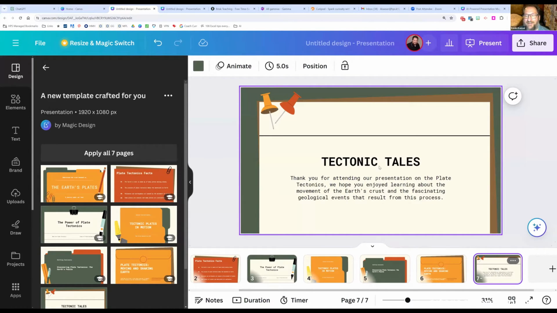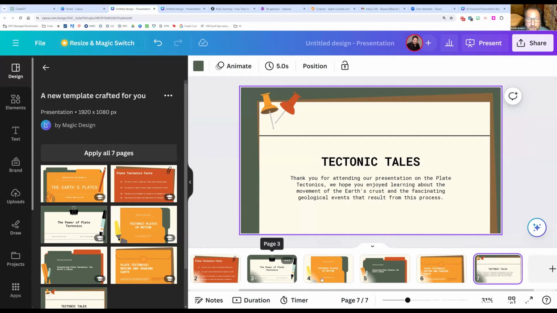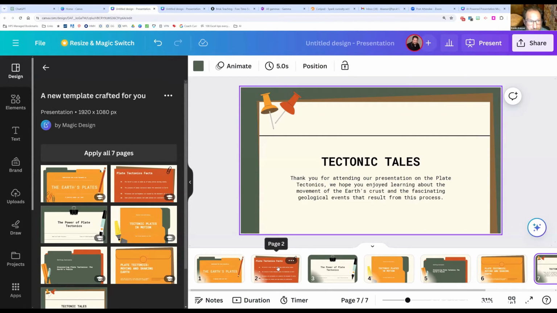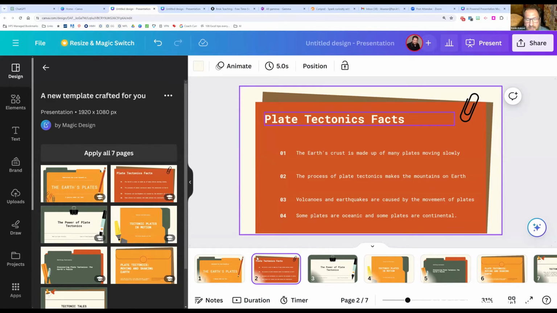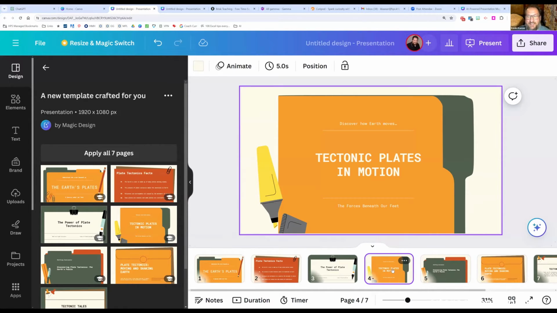Ooh, tectonic tails. Way to go, AI. You've impressed me with tectonic tails. So maybe this will be our winner. Okay, now what's next? Well, what's next is we need to go and say, okay, this has some facts about tectonics. It's got some types of boundaries, but it doesn't say anything about types of boundaries, because the next slide, you can tell, is